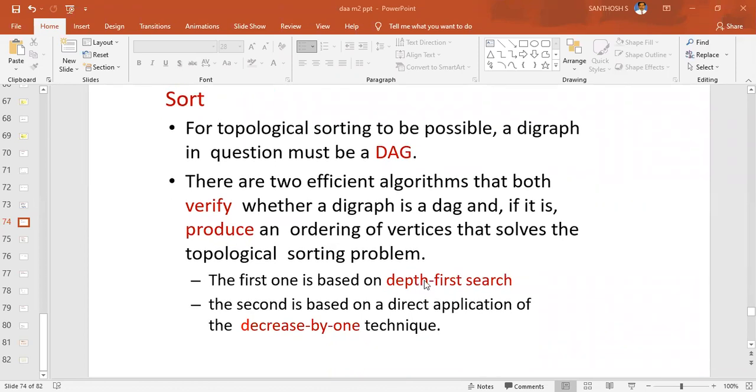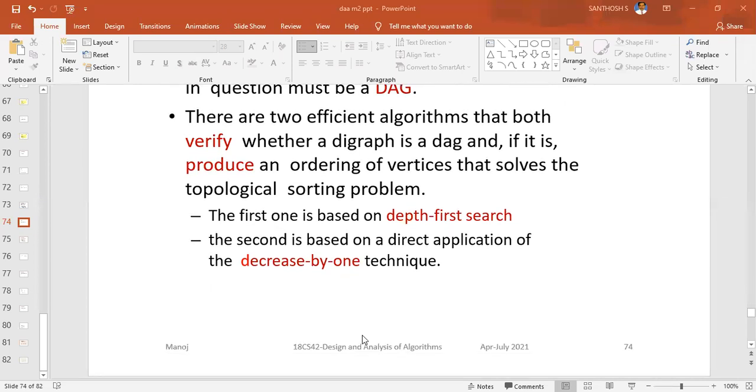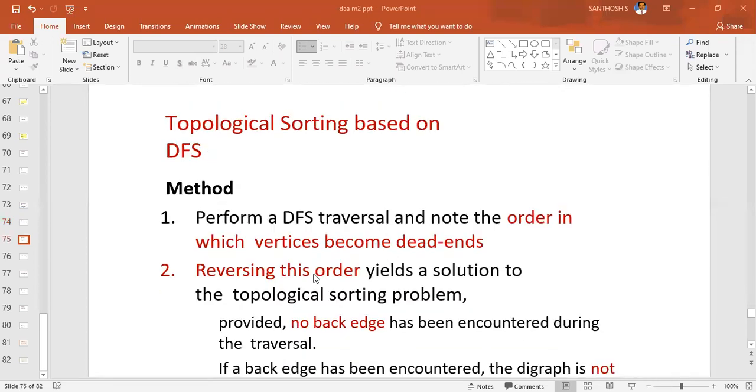The first is based on depth first search, DFS. The second is based on the decrease by one technique.